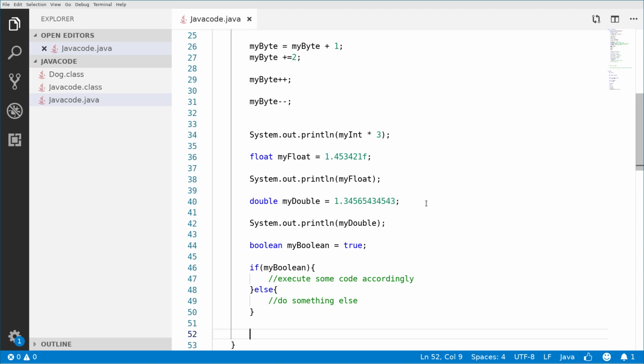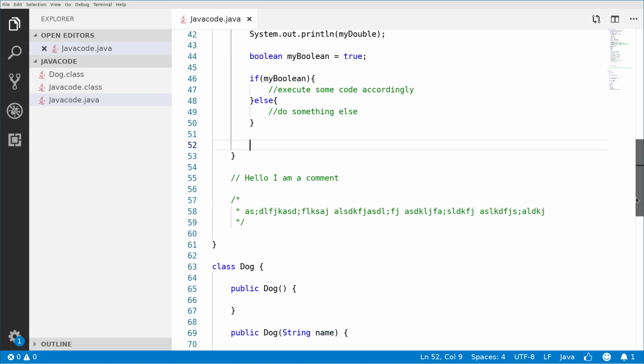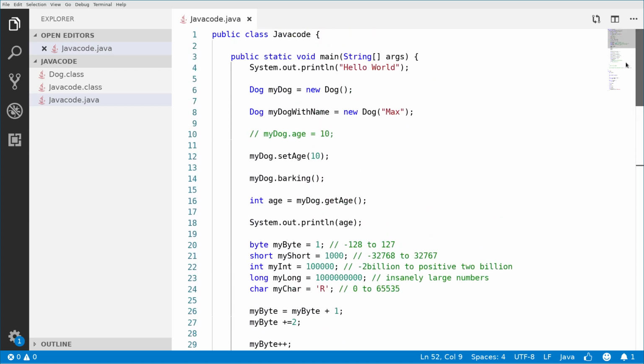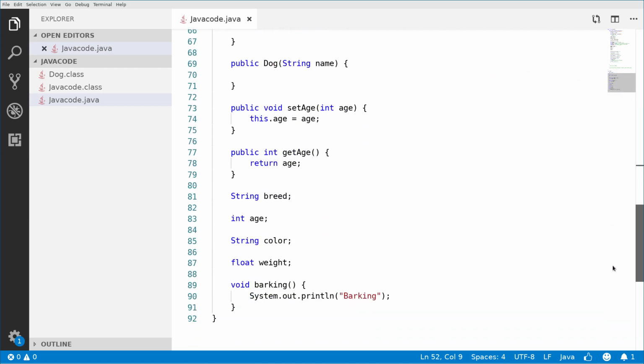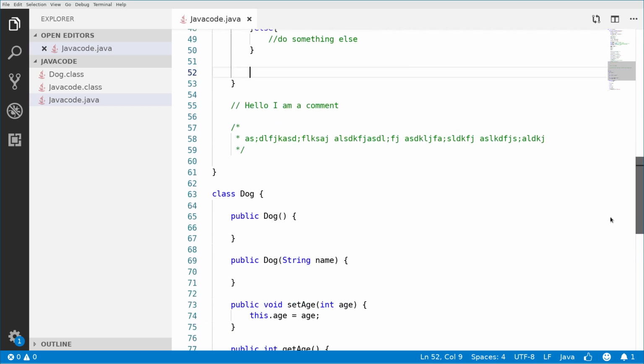So we have learned objects, classes and data types. We have learned how to print some stuff to the user, and those are basically the basic ways to start programming in Java. Now we will learn a bit about methods. So let's create a method that will enable us to practice how this works.